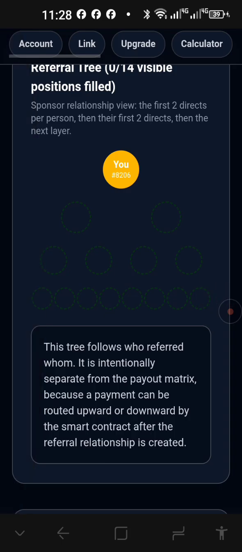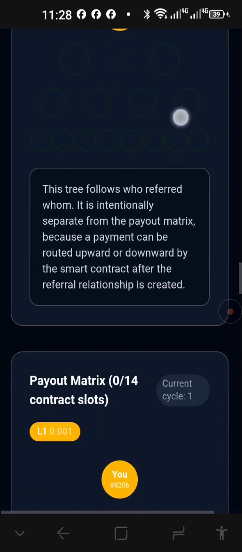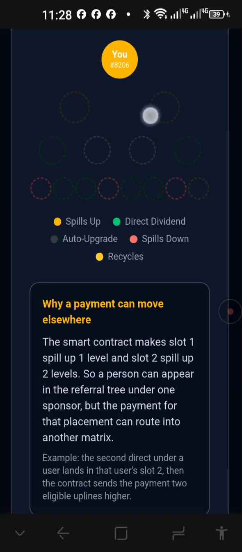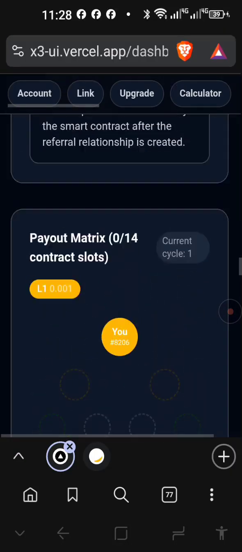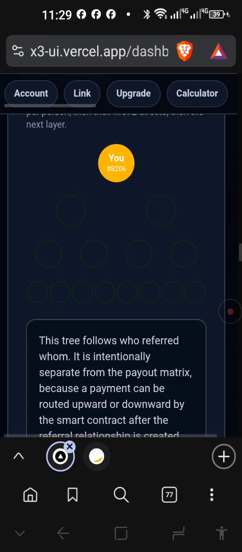So when I say that it's going to spill down 1 level to your left, it's meaning it's going to land in this person's or position's matrix that's on your first level to your left. So let's say that is number 2, then it will fall in number 2's matrix, and that's how you can determine. So when slot number 10 falls or lands here, it spills down 1 level to your right. That means to your right, it's this side on your first level, it will fall in this one's matrix, payout matrix.